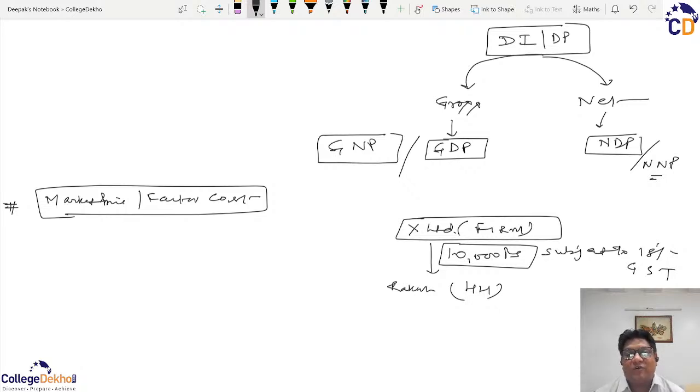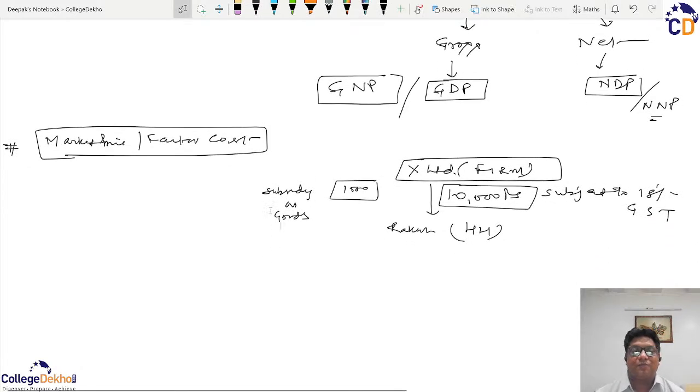The government is ready to provide certain kinds of subsidies, but at the moment the most appropriate and most commonly used items are the solar panels and the electric vehicles. So keeping that in mind, if I say that 1000 is the subsidy given by the government on such goods, then on a price of 10,000 which included the cost price plus the profit,